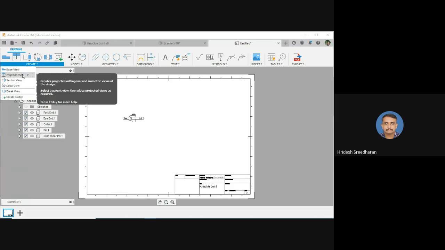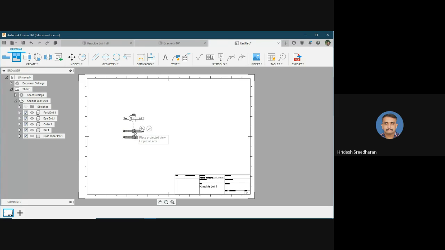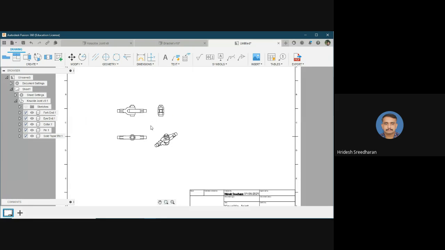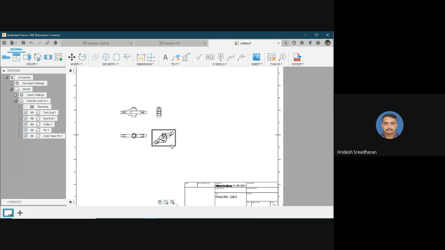And now we can create the projected views. Okay. So these are the views. If you want to scale the things, you can scale from here. Just double click on it.